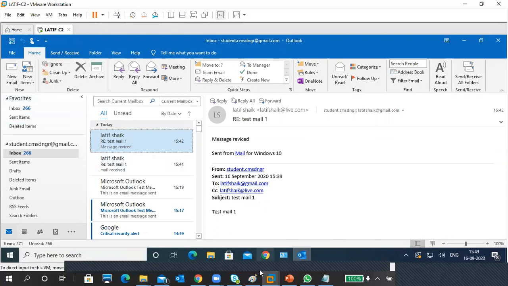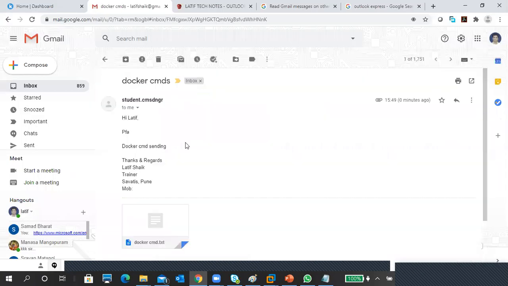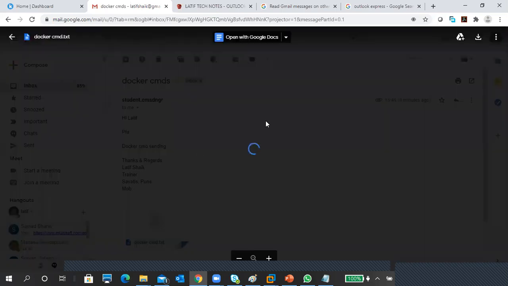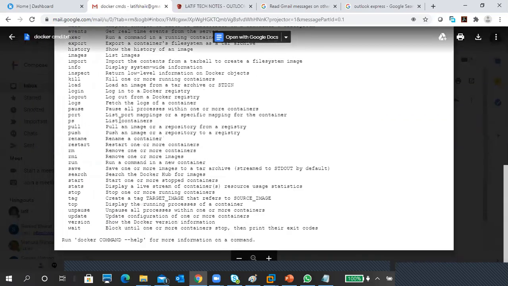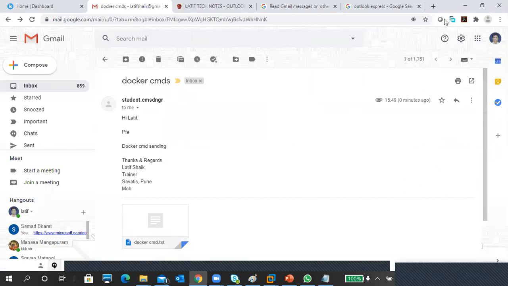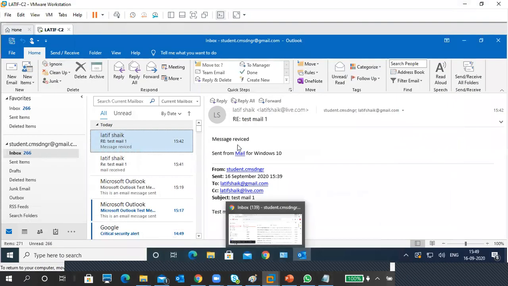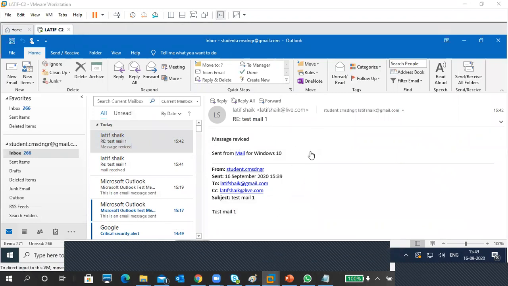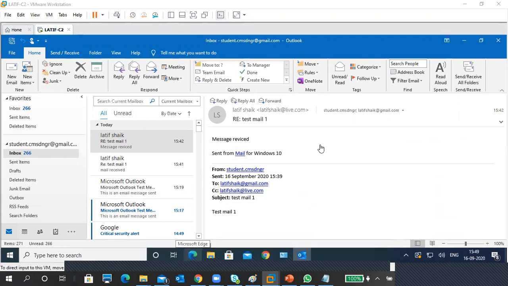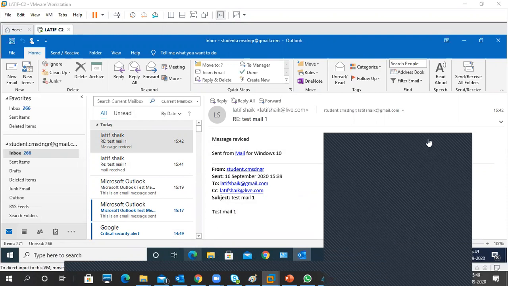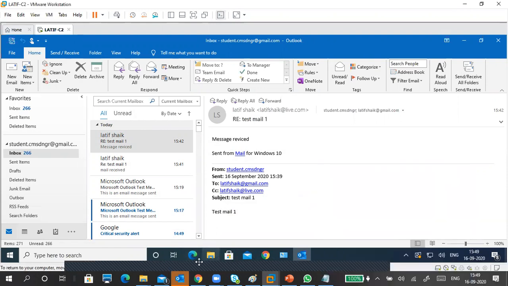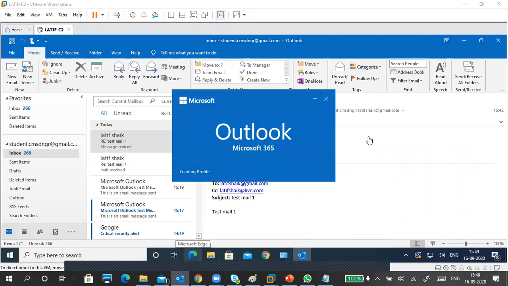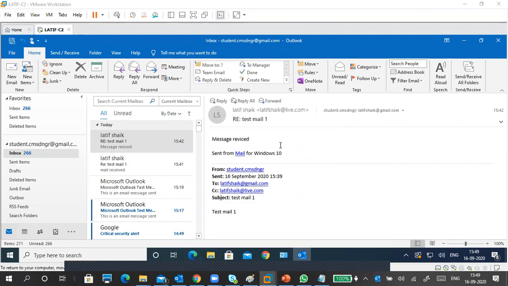I received the mail, and see, I got it like this. This is the file I received, these are the attachments.